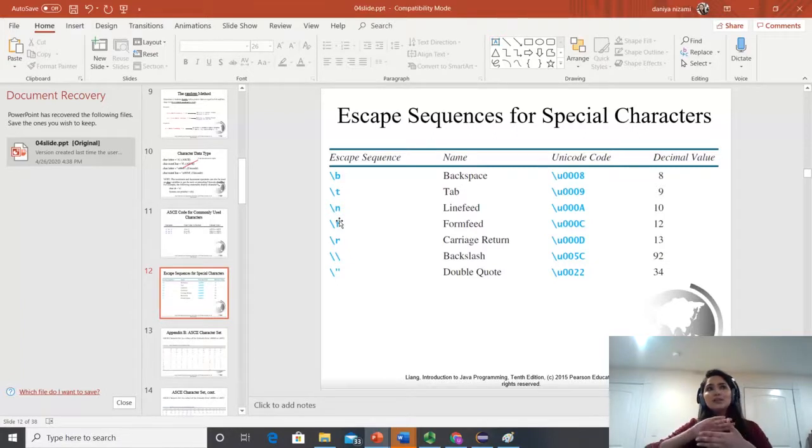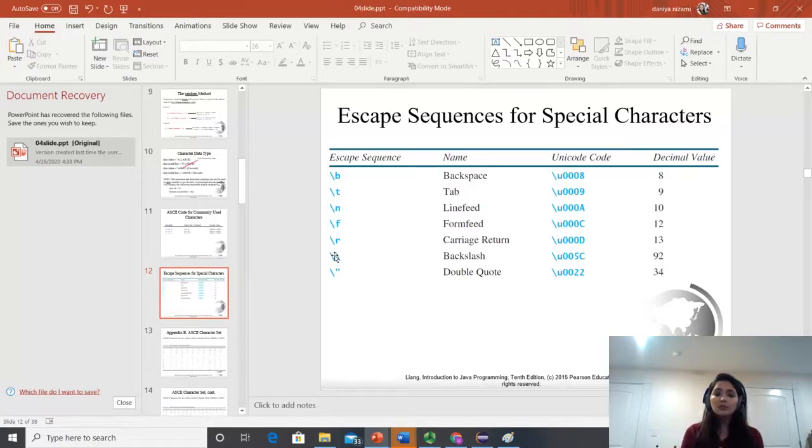So as not to confuse the machine, we have created special symbols to fulfill our needs. If you want to print double quotation marks with your statement, use backslash double quotation marks. Then you have backslash t for tab. For example, when you are creating some rocket ship, space needle images, like which you have seen in chapter 1, in the project documents I have posted, to display those images you need some spaces, right? Instead of pressing the space bar or tab on your keyboard, you may not remember how many spaces you have when you need the same output again at the bottom.